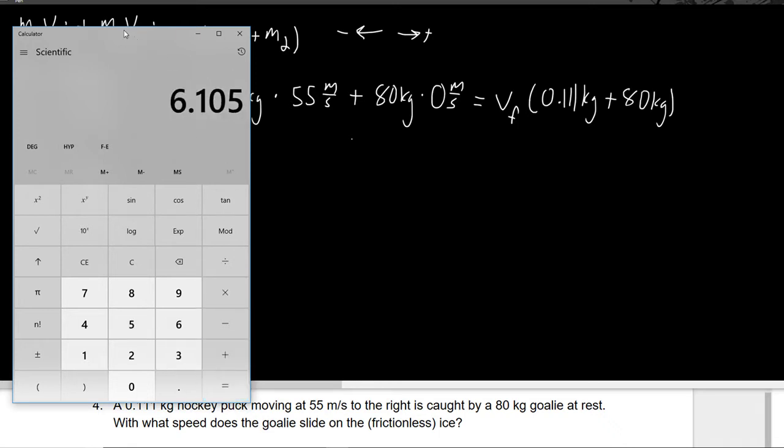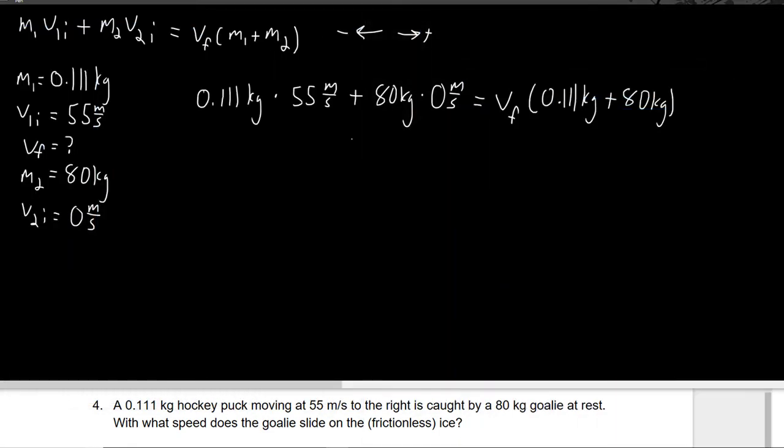The initial momentum of object 1 is 6.105, so let's just leave that as 6.1 kilogram meters per second. 80 times 0 is 0, so I'm not even going to care about that. Vf is going to stay Vf. 80 plus 0.111 is